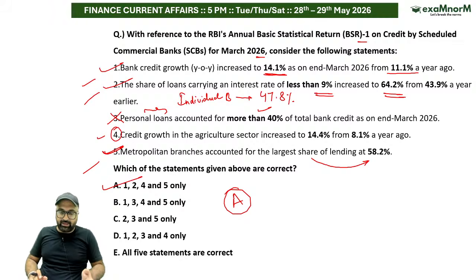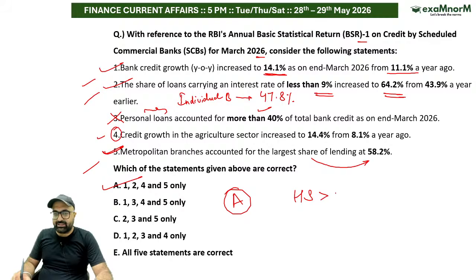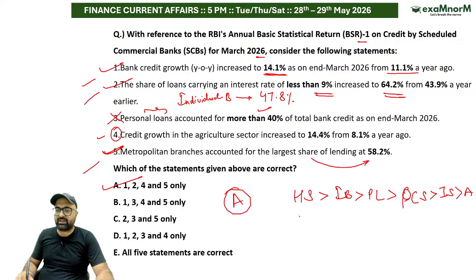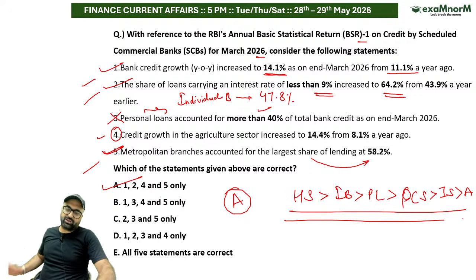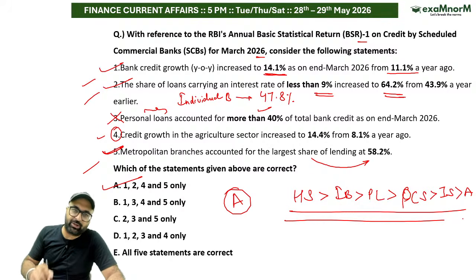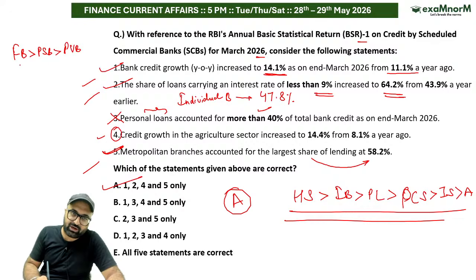ठीक है जी, क्लियर हो गई बात, समझ आ गया? आगे बढ़े। ठीक है, तो अब मैं दोबारा बता देता हूं। अगर हमसे कोई पूछे हाउसिंग सेक्टर हाईएस्ट, देन वी हैव individual borrowers, then we have personal loan, then we have private corporate sector, then we have industrial sector, then we have agriculture sector. ये परसेंटेज, ये इनका फ्लो है इन टर्म्स ऑफ परसेंटेज ऑफ टोटल डिपॉजिट। और सबसे ज्यादा जो ग्रोथ हुई है दैट इज इन फॉरेन बैंक्स, देन पब्लिक सेक्टर बैंक्स, देन प्राइवेट बैंक्स एंड सो ऑन। तो हाईएस्ट credit growth is recorded with foreign banks.